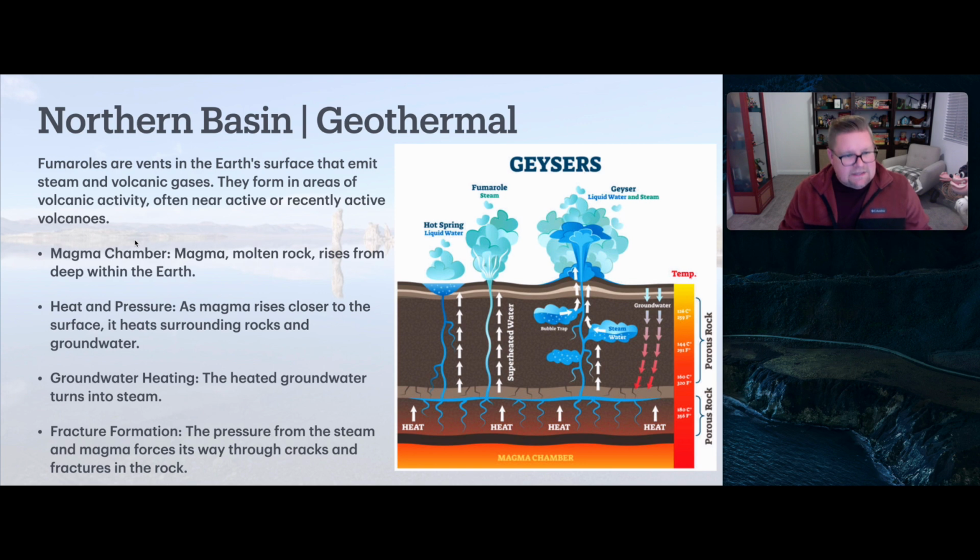All right, so let's see here what we have. Magma chambers. Magma, molten rock, rises from deep within the Earth. These magma chambers are essentially radiating heat outward, and in that process, if there's underground water present, that water, depending on how hot the magma chamber is, will allow for boiling to occur, building up pressure. Heat rises and heads towards the surface. So it says heat and pressure. As magma rises close to the surface, it heats surrounding rocks and the groundwater, and then that heated groundwater will turn into